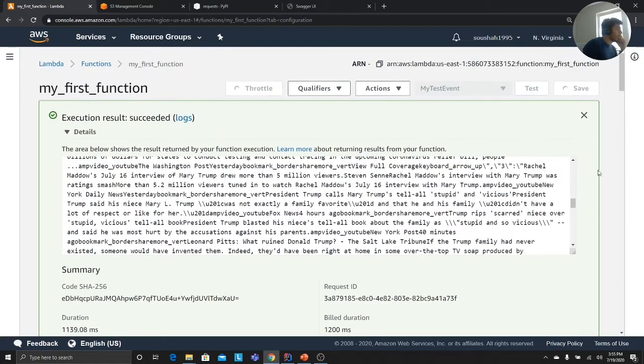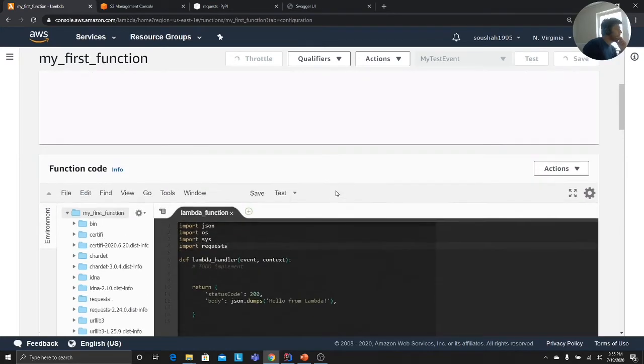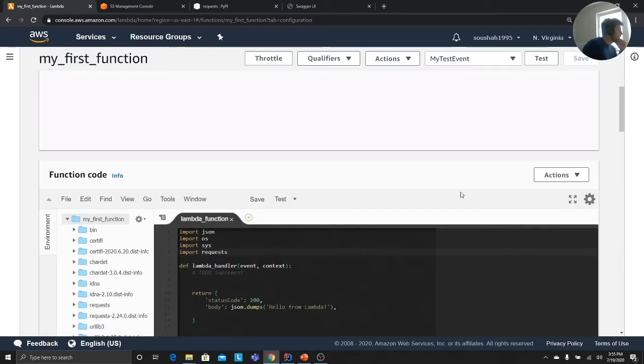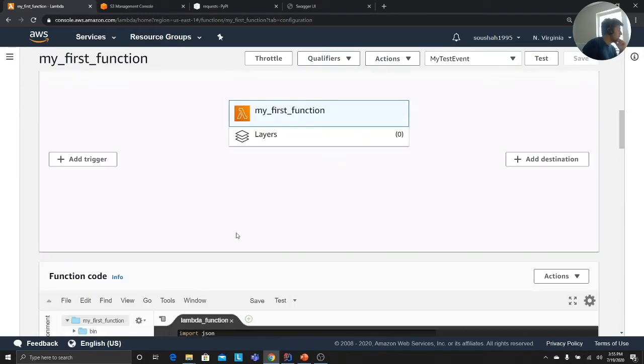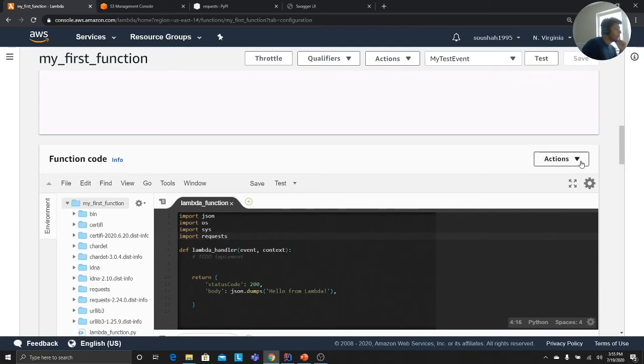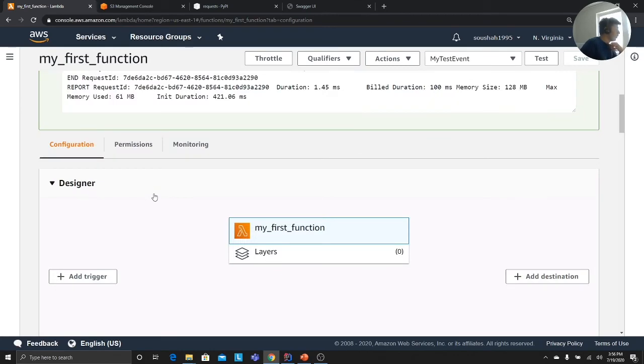And I'm going to talk about layers here a little bit once I show you this one. So it might take a while to save that. So it's done. Let's run it. So no more errors. The request module works fine. So I showed you both ways, the zip way and the S3. Now you see it's dirty, right? You're not following the best practices, like you're installing all the modules here and all of that. Instead, AWS has something called layers. So we'll take a look at the layers now.